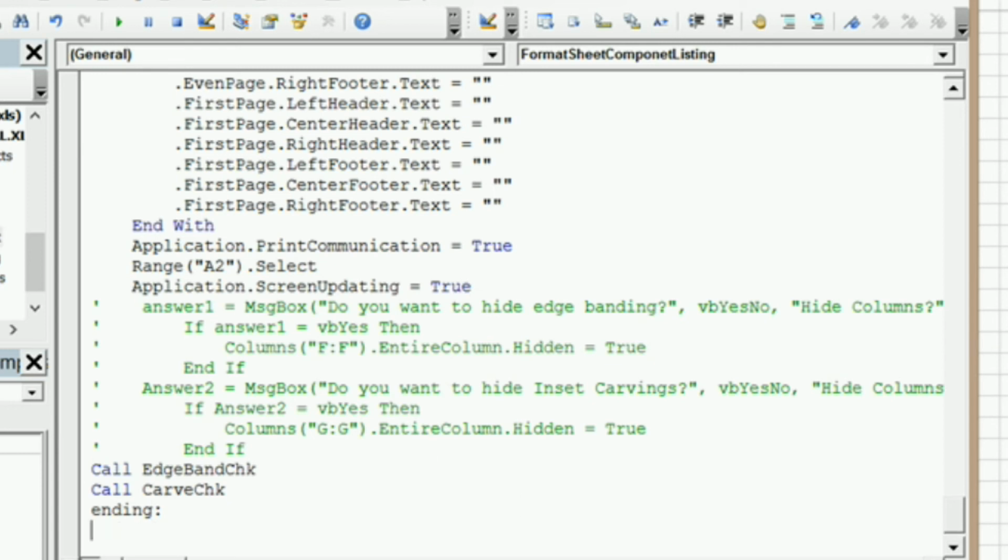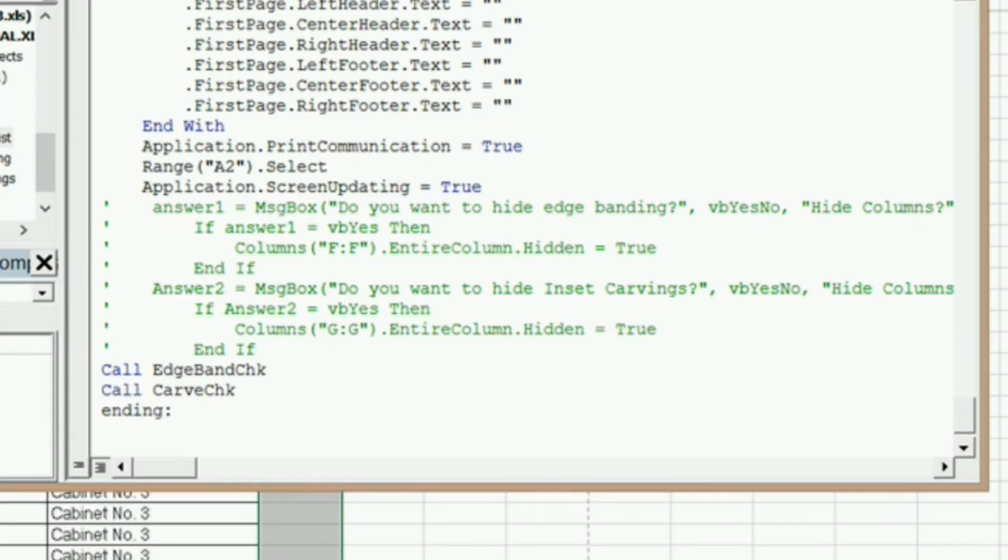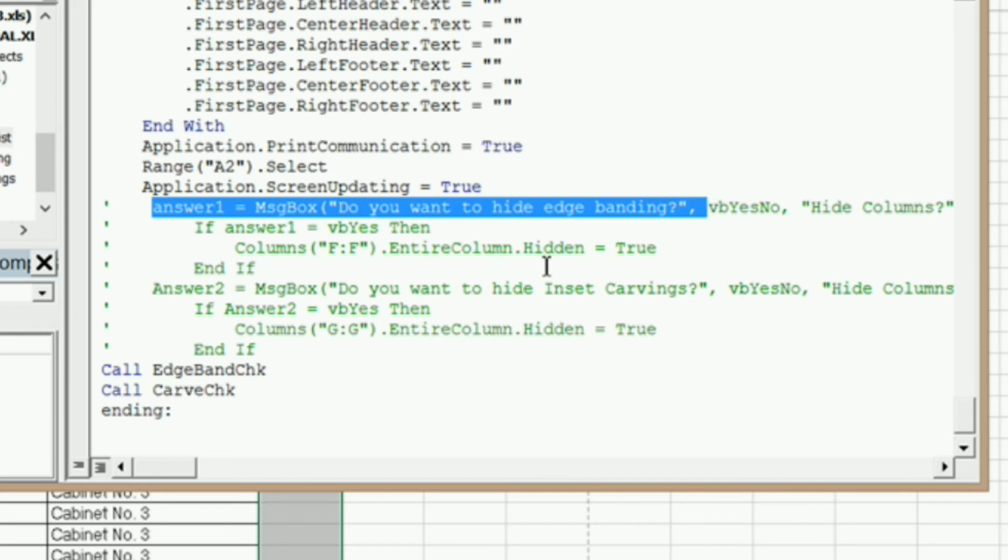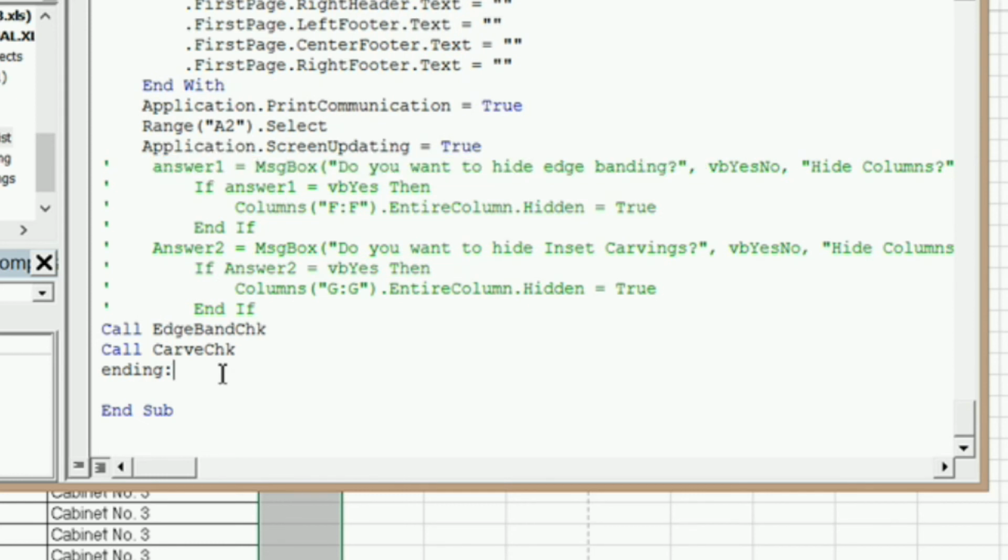Now I want a message box, but I don't want a message box like these. I don't want one that is going to perform some more code if I click OK or yes or whatever. I just want a general message box, so I don't need a variable. I just need to type the word message box and then space. I don't need the parentheses, and matter of fact, you don't want the parentheses, because if you put that in there, it's going to think that, hey, you need a variable, so you're going to get an error message come up. So I'm going to type the word message box,